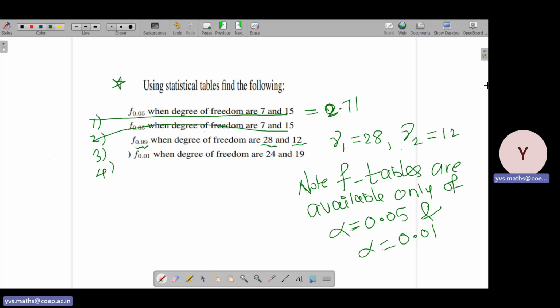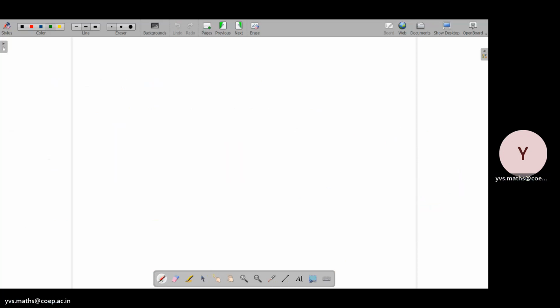So now, for the third example, f 0.99, it is very difficult to use statistical tables because they are available only for 0.05 and 0.01. So we should use the reciprocal rule over here. So for this third example, the answer of 3,